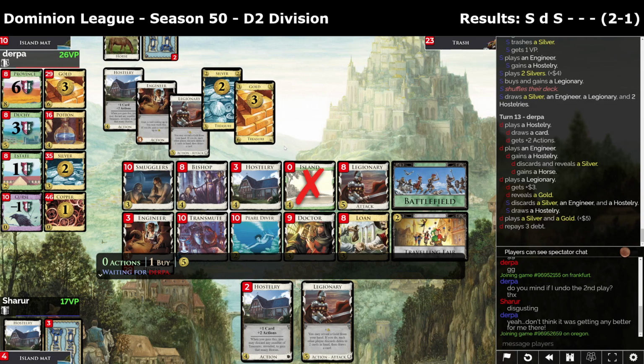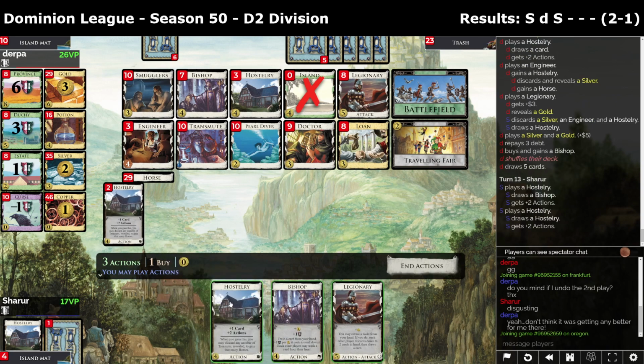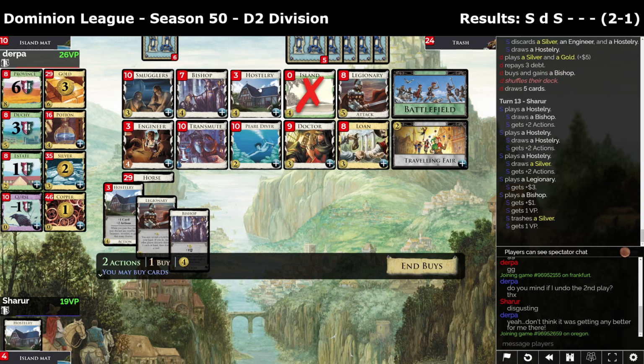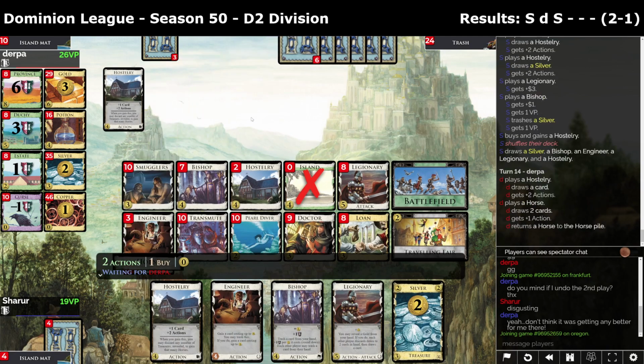I guess, how are we going to afford a gold? Maybe I was meant to keep the silver? I don't know. Yeah, this is the problem. This is the problem. Don't know how to actually afford gold here without, like... We have other silver in the deck, so I guess what we do is we bishop that. We buy another hostelry, and then we have... Okay, so if we keep Legionary silver here, we're basically guaranteed...